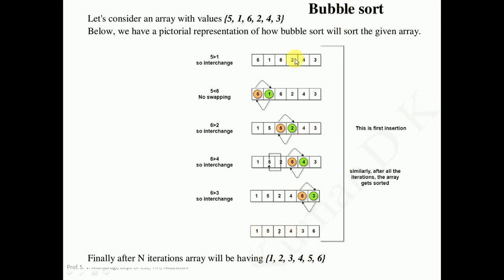So this is basically the first iteration. Like this, we have to make n minus 1 iterations. In this particular example, n is equal to 6. What is n minus 1? It will be 5. So we have to make 5 iterations. In that case, we have to do the comparison of consecutive elements and repeat this process for n minus 1 iterations or passes, and after that all the elements will be sorted in ascending order.